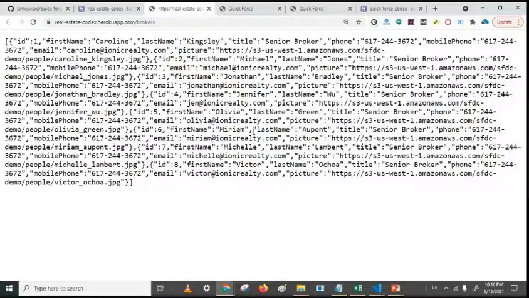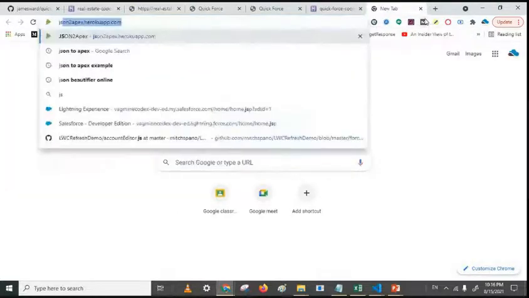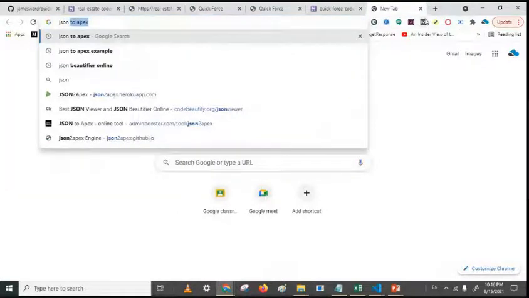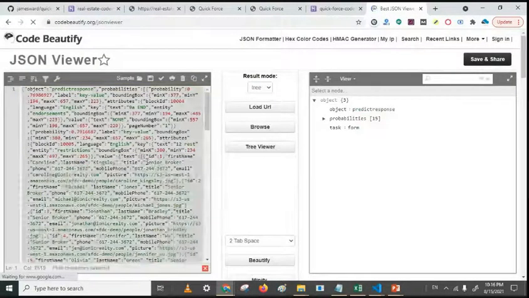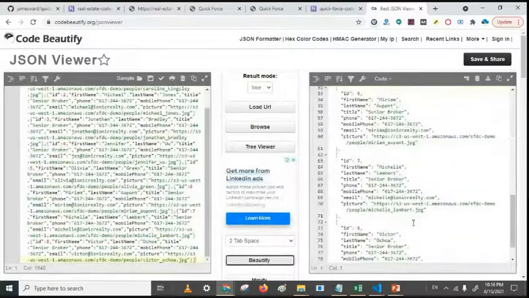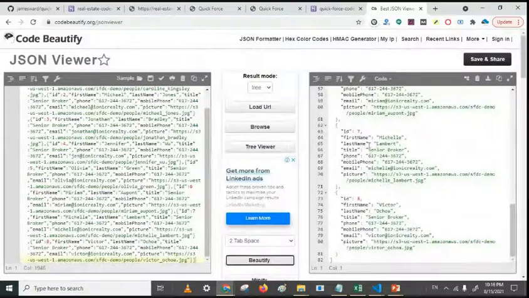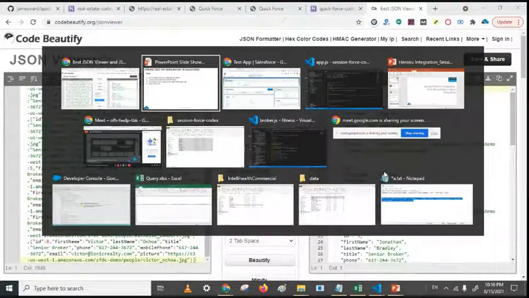If you want to visualize this data properly, use a JSON beautifier. You can see we have around 8 records, and this JSON gives data: first name, last name, title, phone, mobile phone, email, and picture of that broker also. So this API gives these 8 records, and we have to show that in our Lightning LWC component.